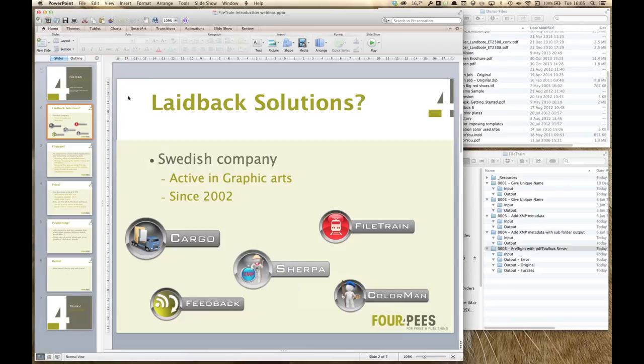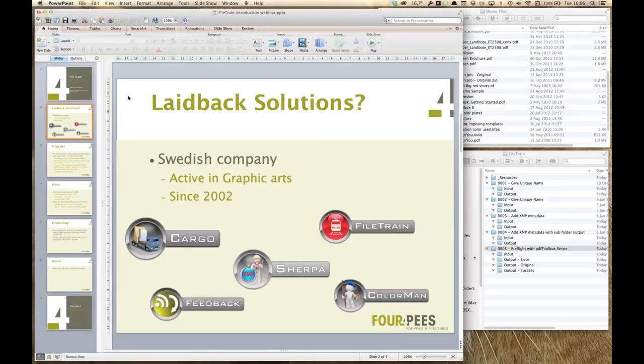So basically that would allow you to color manage all of the images that you have in an InDesign document that you're editing, which can be a very efficient way of working. And then Cargo is an ad portal with built-in pre-flight, of course, again, but a very full-featured and very flexible ad portal built with modern technology. And it's actually also worthwhile looking at it if you receive advertisements from outside or inside that you have to